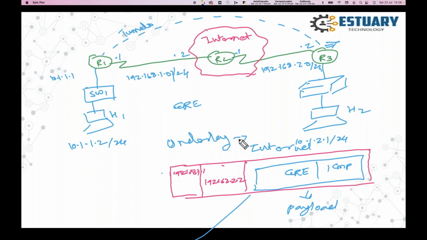So once this packet reaches here, R3 sees that, okay, ICMP payload is coming for 2.1. After decapsulating, it knows how to reach 2.1. It just decapsulates that packet and comes here. So this is old; we have been configuring GRE for a long time as an underlay and overlay technology. Over the internet, we are creating a tunnel, and then we are reaching out to the other side. So underlay and overlay is not a new technology.